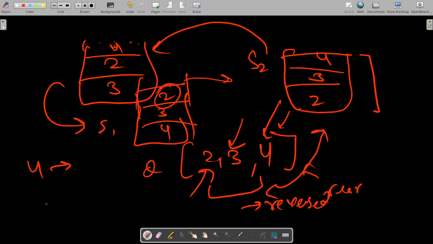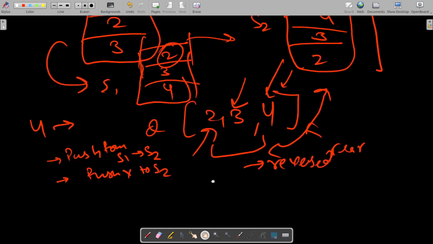So what I am doing is: push from S1 to S2, then push x to S2, and after that, when S1 becomes empty, push S2 back to S1.